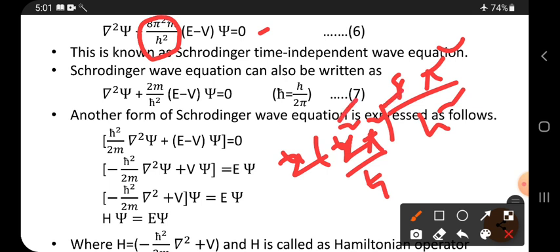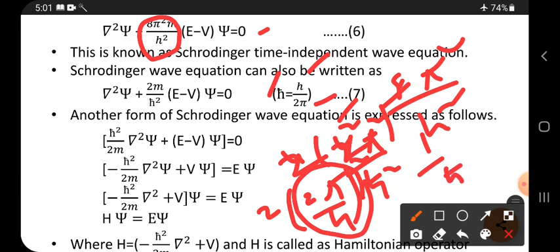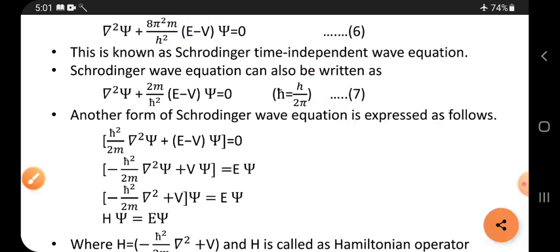Yes, already it is square, common and it is also square. So for all common square can be written as 2 into (2 pi by h) whole square. But h cross is what? h by 2 pi. So in this place what we can substitute? 1 by h cut we can substitute. In this place already 2 is there, 2 by h, and 2m is also there, 2m by h cut square, and the remaining things are all the same. Okay, this is equation 7.